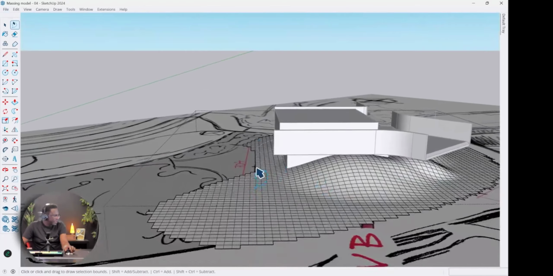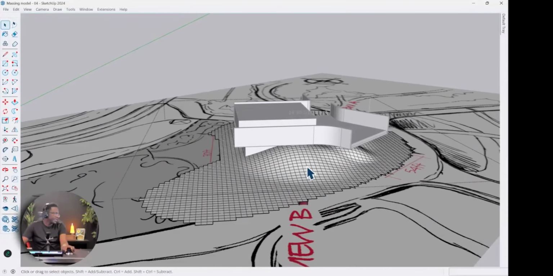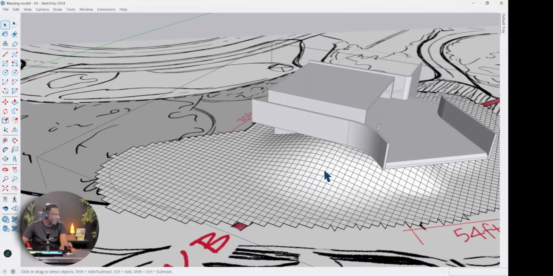Now the next thing we want to do, we don't want to represent all of this line work that's here. Ideally we would want a nice smooth terrain surface. So while we're in the group with the terrain, we're going to press Control A, which will select everything.